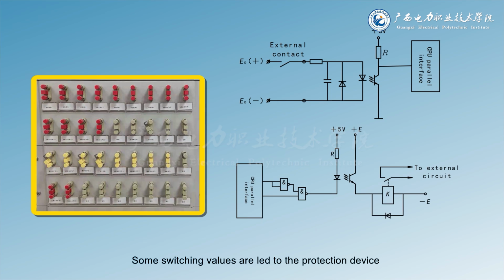Some switching values are led to the protection device from the outside through the terminal strip, and the introduction path is long or there is a circuit connection with the outside. Therefore, many interference signals may be introduced to the protection device. In order to prevent the operation of the microcomputer system from being affected by these interference signals,